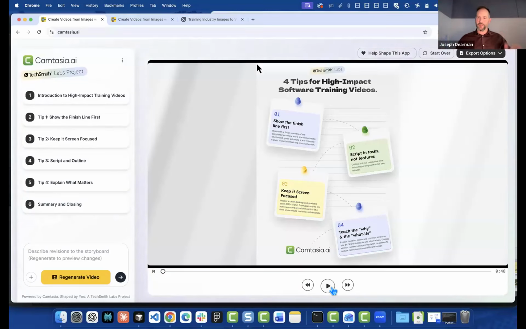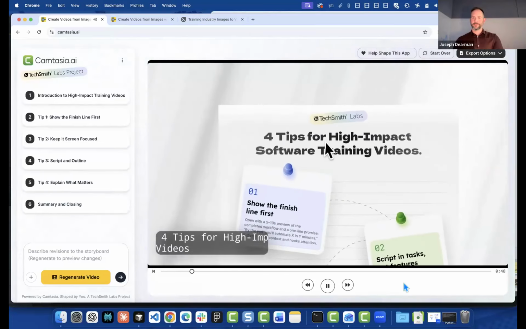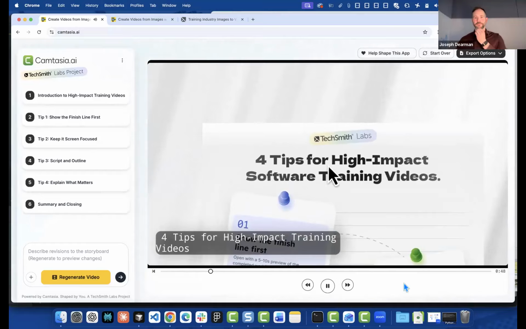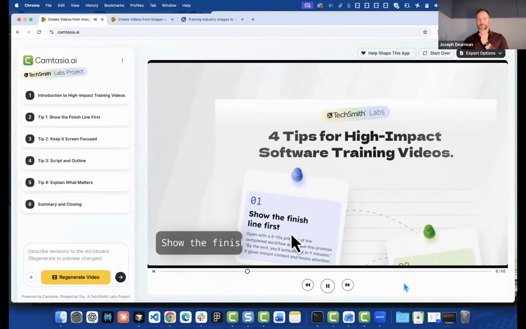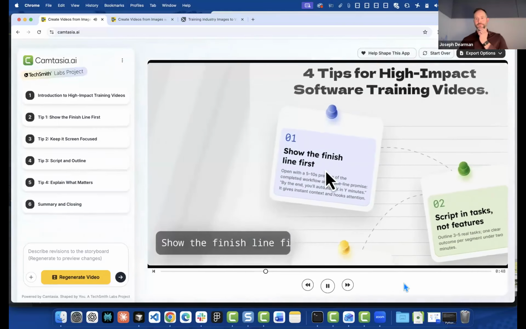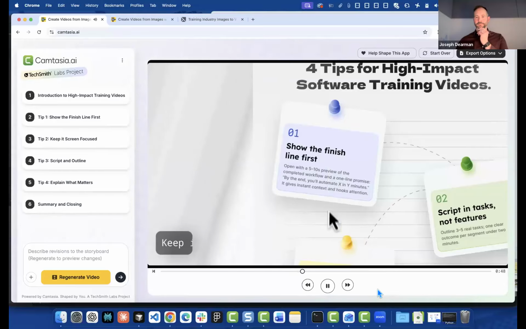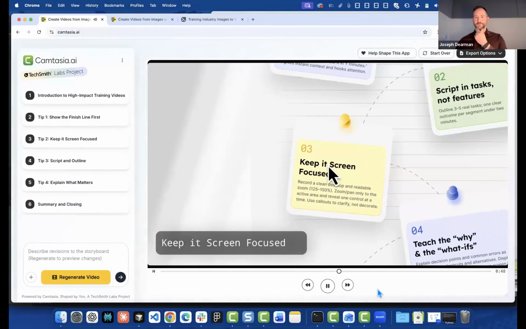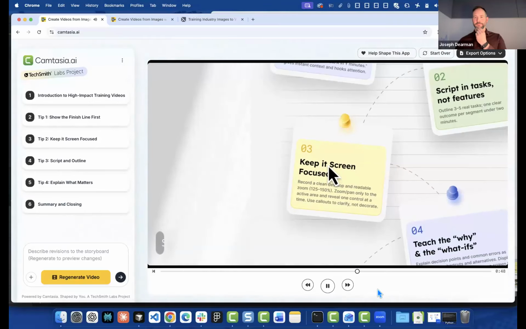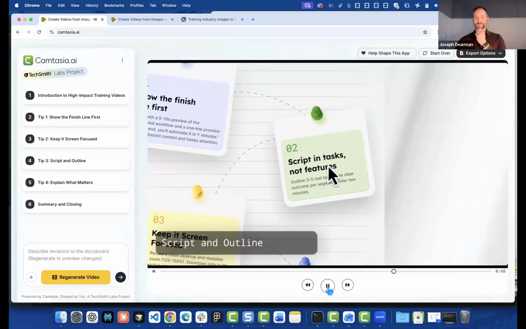We don't have to watch the whole thing, but let's see what we have here. Let's explore 4 essential tips for creating high-impact software training videos that engage and educate effectively. Kick off your video by showing a brief 5 to 10 second preview of the finished workflow. This sets clear expectations and instantly grabs attention by revealing the outcome right away. Record a clean desktop and zoom in between 125 to 150%, focusing only on the active area to reveal one control at a time. Write scripts that focus on real tasks and outline each segment with clear outcomes to keep your training concise and